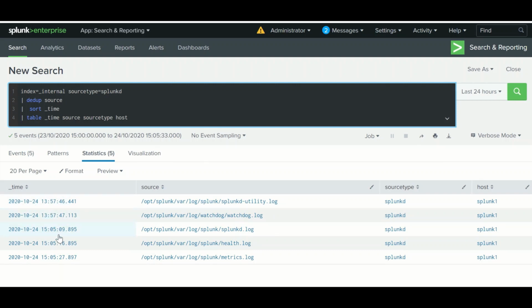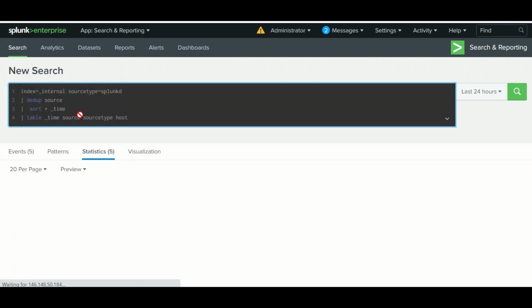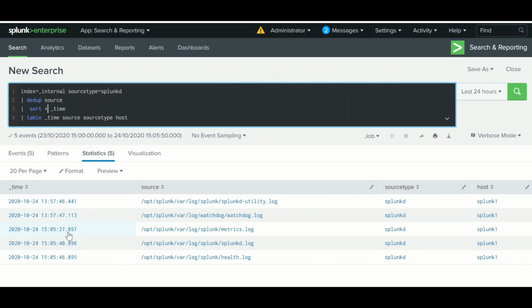This will be in descending order, and if you want to make it ascending, just put a plus over here, so this will change. No, it is not changing. Okay, sort _time.